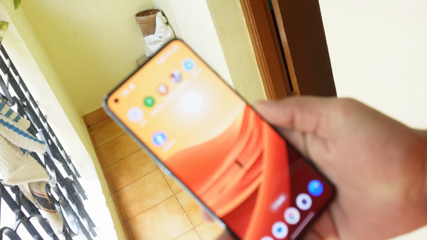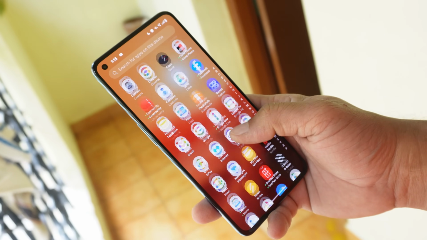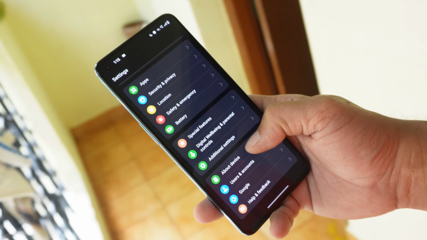So guys, these were all the changes that you will see on the OnePlus 9 series with the first build of OxygenOS 14. Soon I'll be dropping an in-depth review,